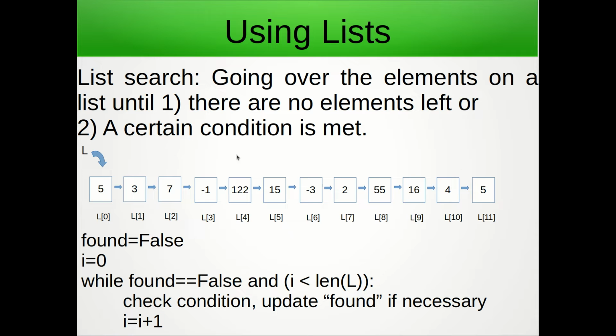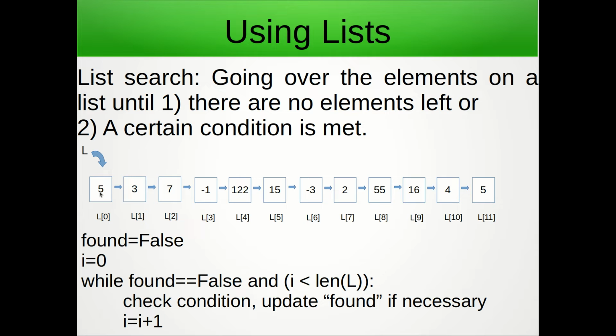As a difference with traversals, sometimes I will finish my search halfway through. I don't have to always visit all of them, as I have to do necessarily with list traversal, but maybe I will find what I'm looking for, because this is a search, somewhere in between and stop. For example, I could be searching for negative elements. I would maybe like to know whether or not my list contains any negative elements, and if I did that,